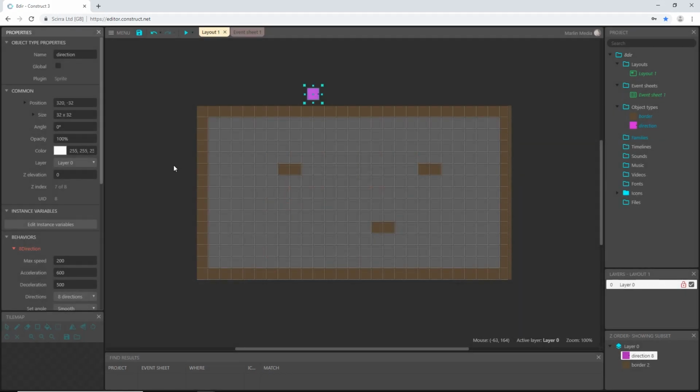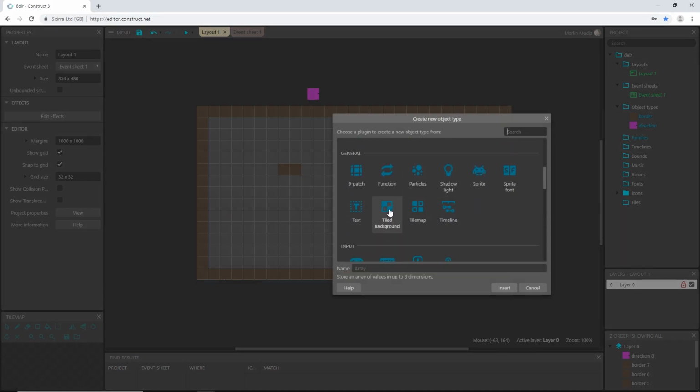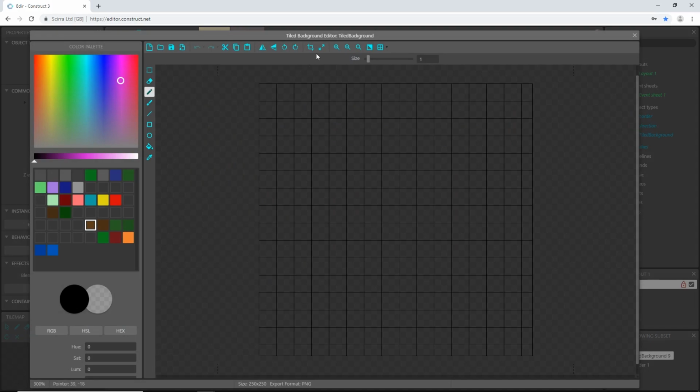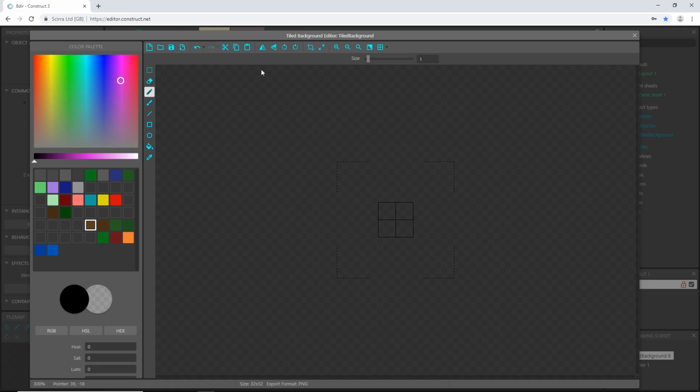Now I'm going to flex my artistic skills here. So double click the layout, and I'm going to create a tiled background just because we can. And I'm going to place it, and then I'm going to resize it to 32 by 32. And then I'm going to pick a green color, and I'm going to take the saturation way down and the luminance up, saturation down quite a bit. So, I don't know, something like that. And then I'm going to fill our little square here.